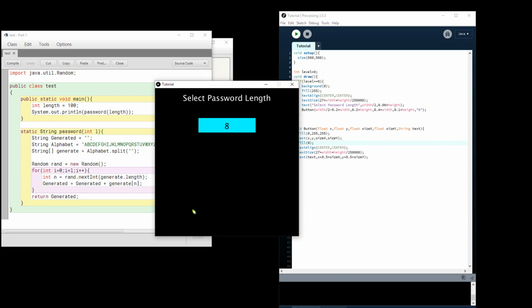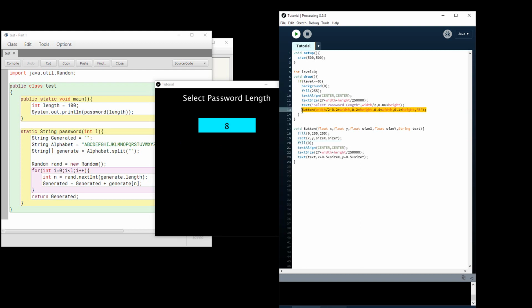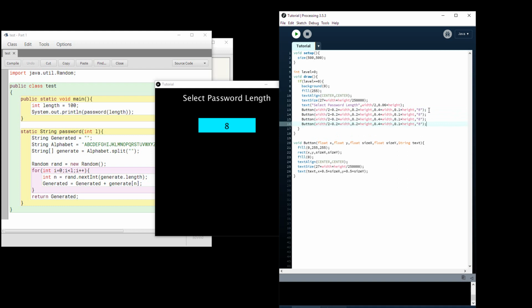If I repeat this process now, I can create 4 buttons. So we just copy this and we're gonna say like 40 pixels in between. I'm gonna go with 8, 12, 16, and 20. And then we want to change the y coordinates. So we're gonna go 0.2 times height is this, plus the width of this one. So we're gonna copy this one over. And if I go into the height and I say plus this,